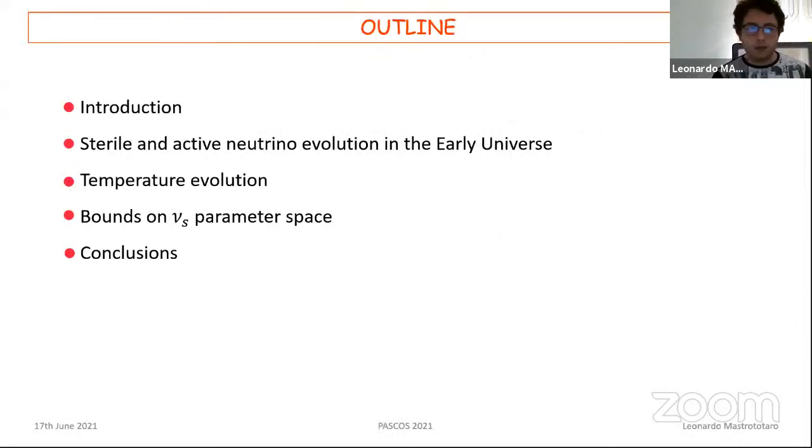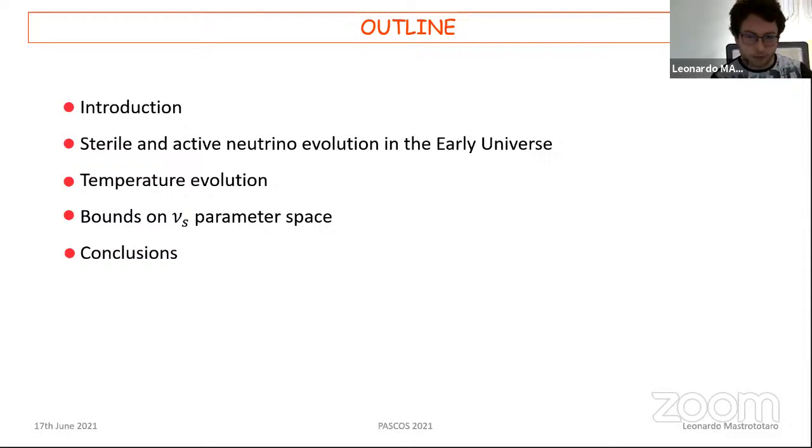In this slide, I will do a general introduction to the problem. Then I will talk about the sterile and active neutrino evolution in the early universe. Moreover, I will talk about the temperature evolution. And at the end, I will present the bounds that one can obtain from this treatment about the sterile neutrino